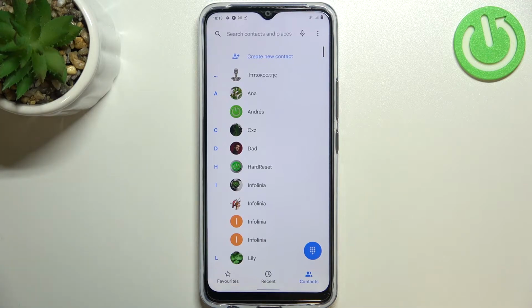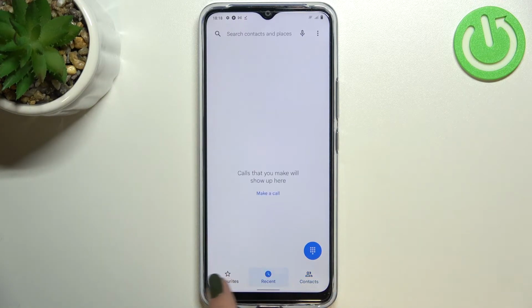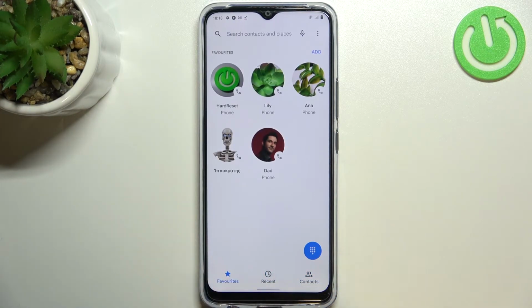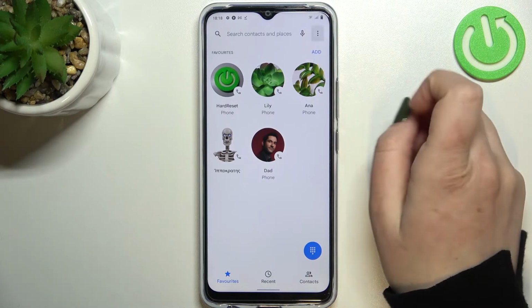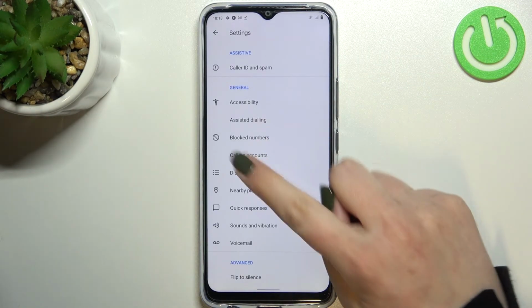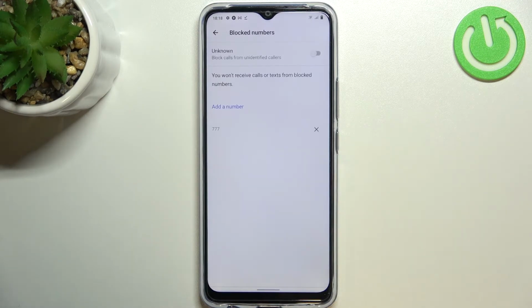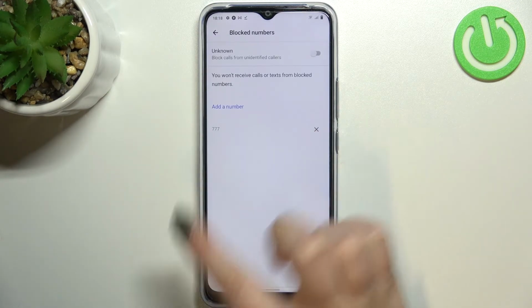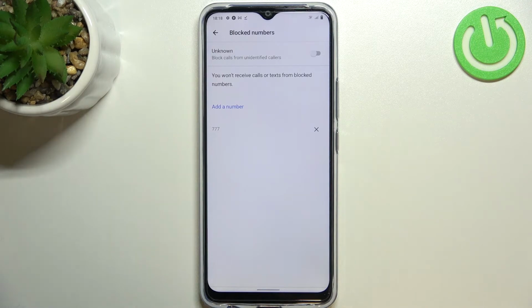So the other option to block a number is by using the settings. So we've got the contacts, recents or favorites. It doesn't really matter on which you will be. Just tap on the three dots icon in the right upper corner again and tap on the settings. And here in the general section we've got blocked numbers, so let's tap, and as you can see this is our blacklist, and that's the number we just blocked from our contacts. So everything went fine,